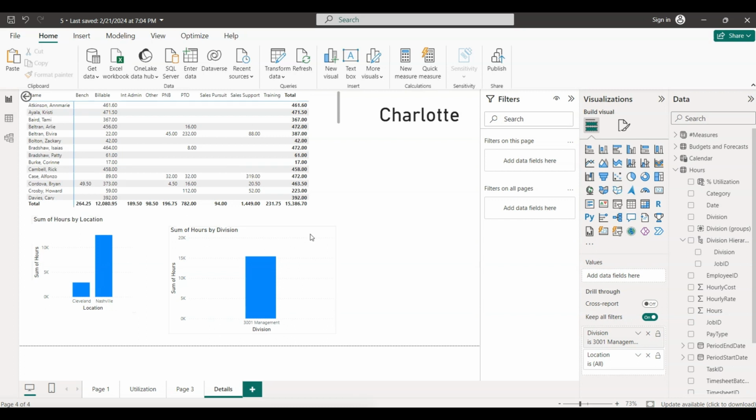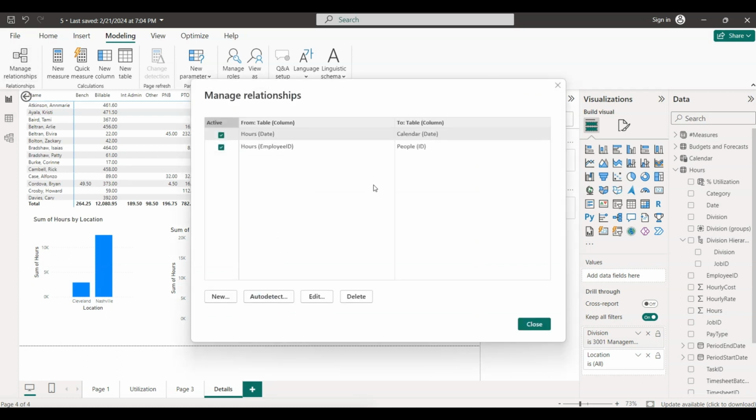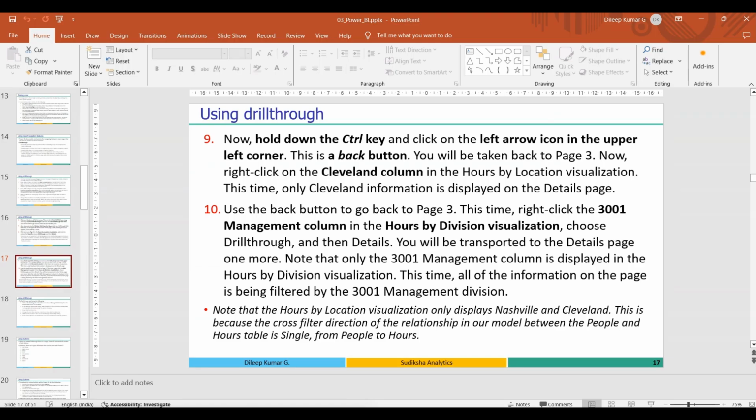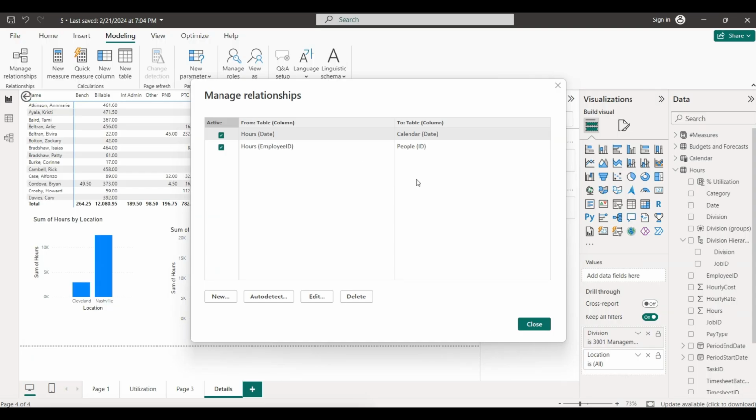So in order to fix this, what we need to do is you have to manage the relationships. So click on modeling and then click on manage relationships, and here you can see you have to change the link type. That means from hours employee ID, people's employee ID, let's edit the relationships hours employee and people employee. So you can select the second link, then click on edit,